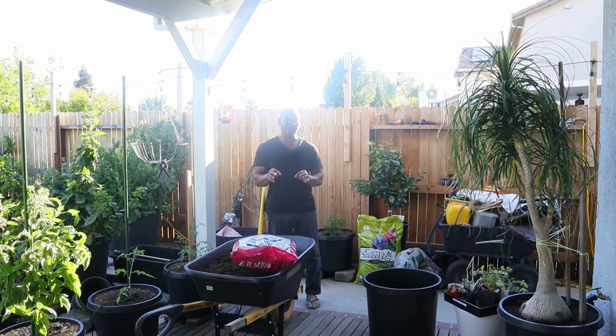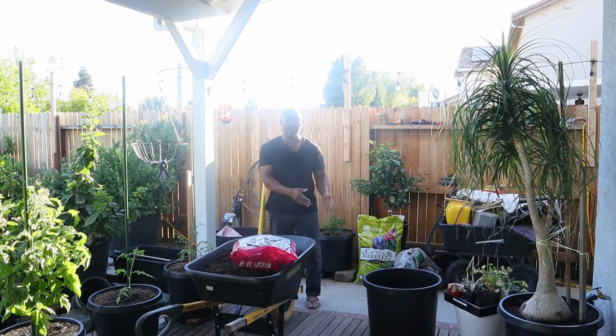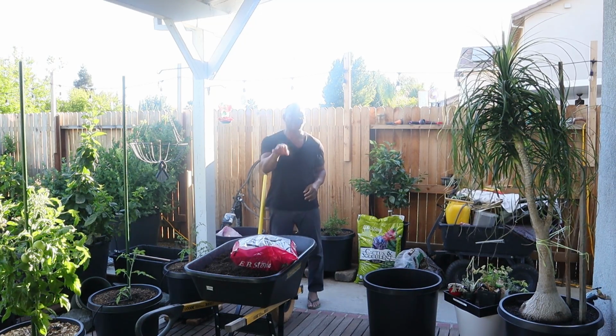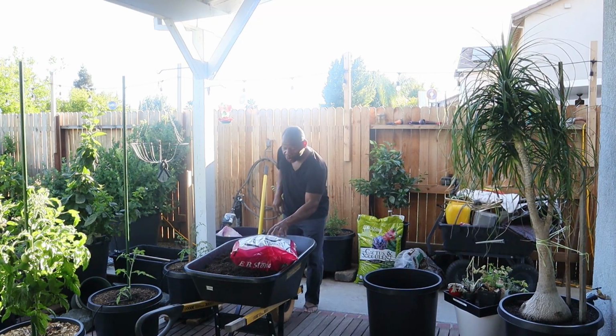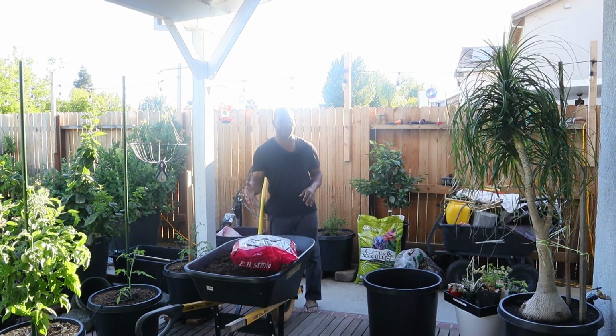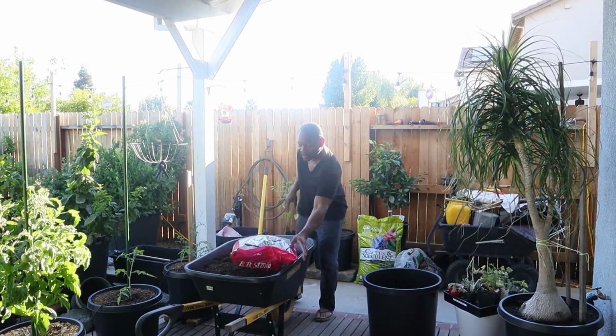Okay? It's better to go to the retailer than to order it directly from the site, which I don't think they're doing anymore, because if you did, the shipping would be astronomical. So you could use just this in your citrus and you're fine, because it has all the elements necessary. The reason why you want to use this soil here,